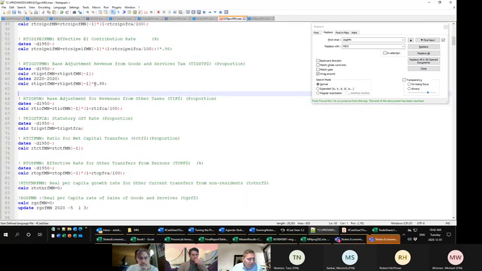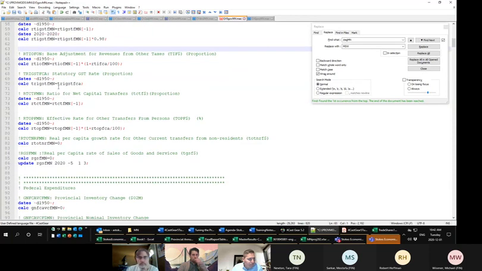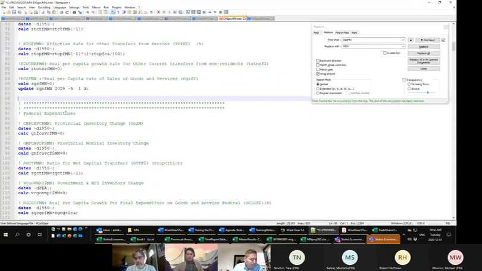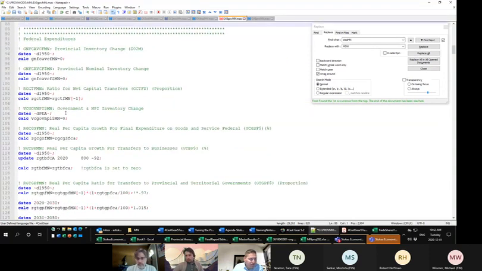Here we have the GST rate. I'm not sure what we're up to there. I have to look at that one. So basically, anything you want to adjust on the government side on the Fed's revenue will be in this block. On their expenditures, same type of stuff. A lot of